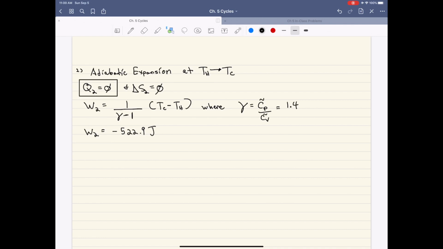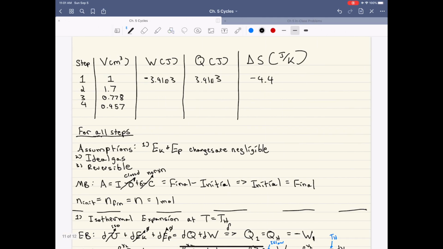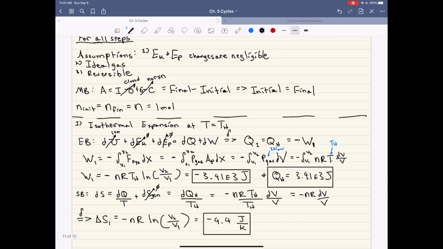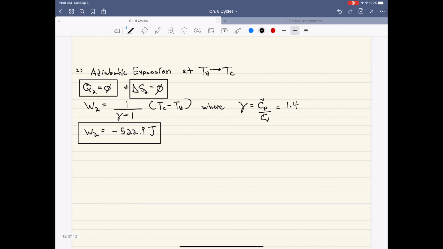So we have our Q, our delta S, and our work. Let's deposit those in the table: 0 here, 0 here, negative 522.9 here. Alright, that was step 2. Very straightforward. Step 3